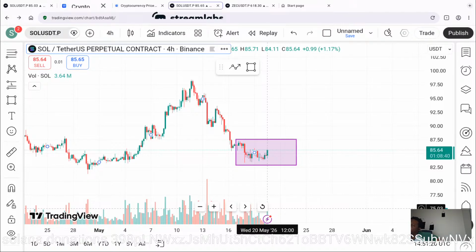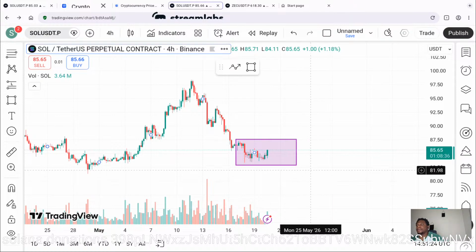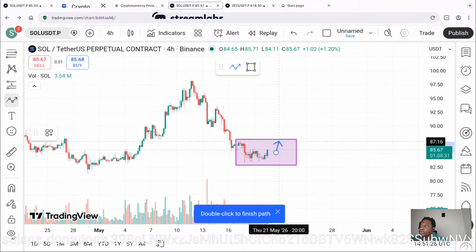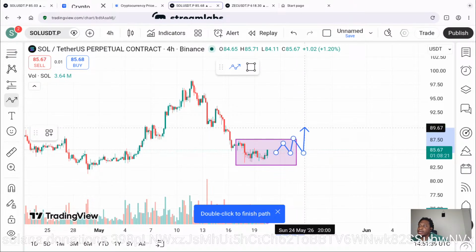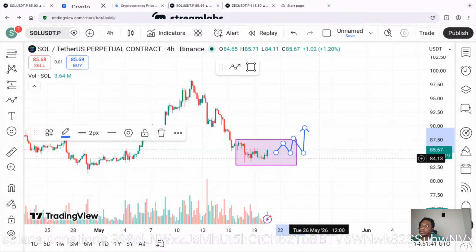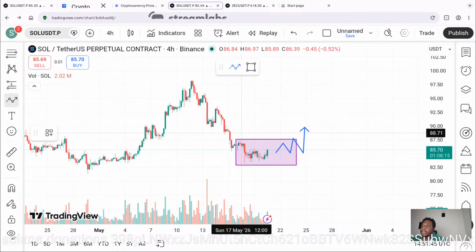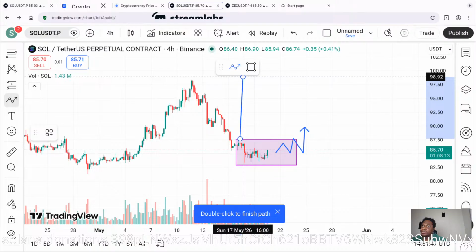Right here, the market makers are deciding how are we going to take these people's money. So do you know what they're going to do? They're going to try and present you with something they know you're looking out for. They're going to entice you into the market, make you think it's gold. And then you get involved here, thinking the market is going to take out these highs.